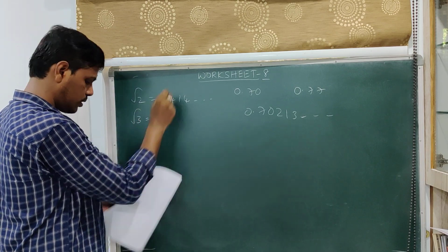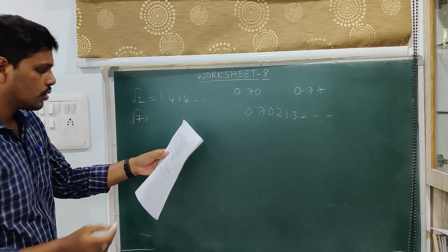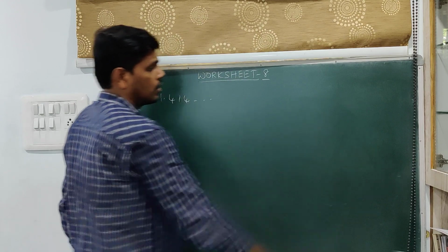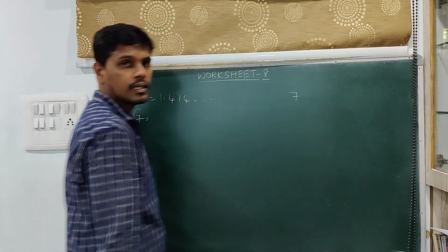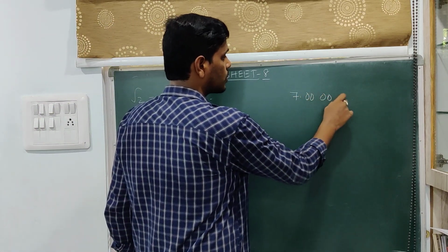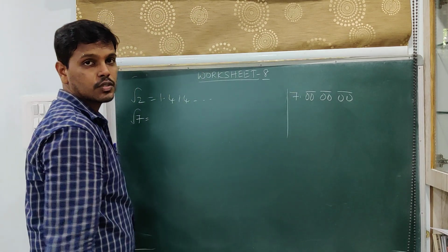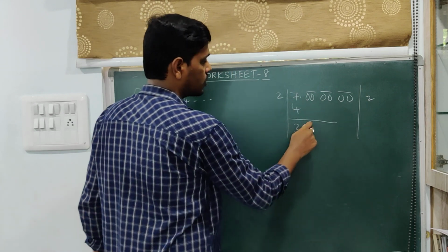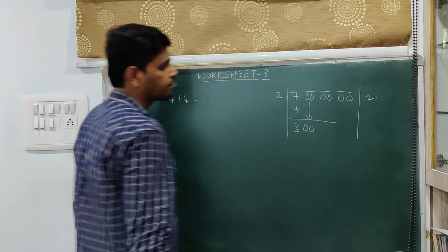And the root 7. So root 7 we have also done, how to calculate the square root of a given number using different processes. Suppose you want to calculate up to 3 decimal places. So put a point and take 3 pairs of zeros. So the nearest perfect square to 7 is 4. 4 is 2 2's. So 7 minus 4 is 3. Carry a pair of zeros. Now put a point here.